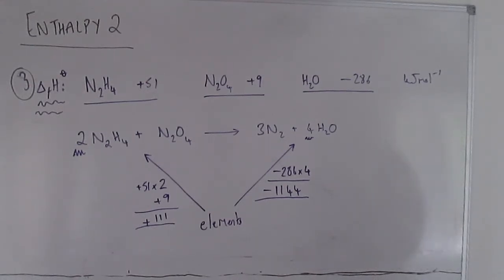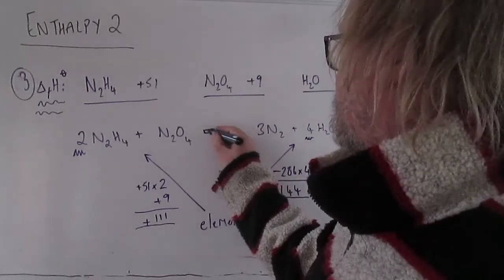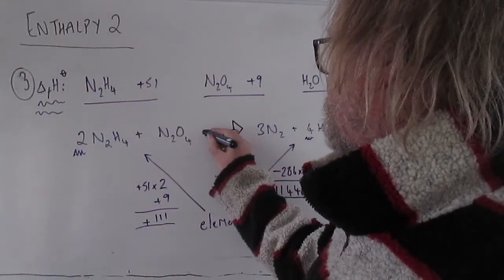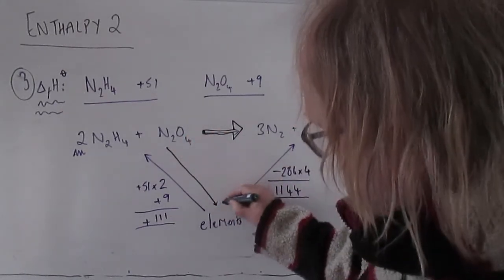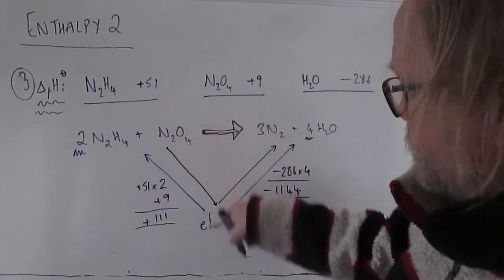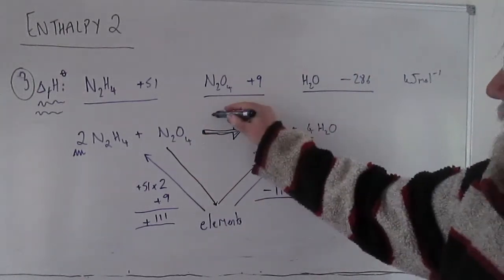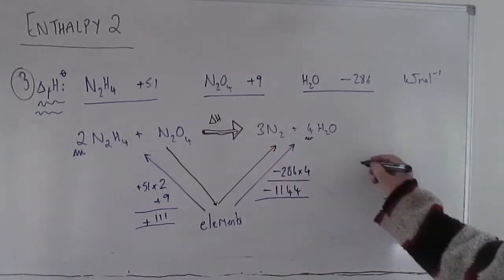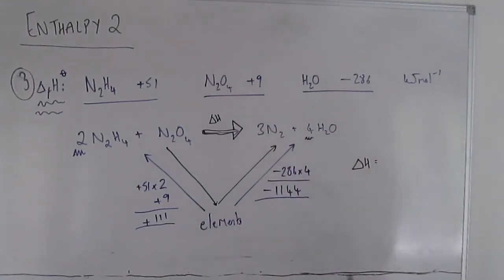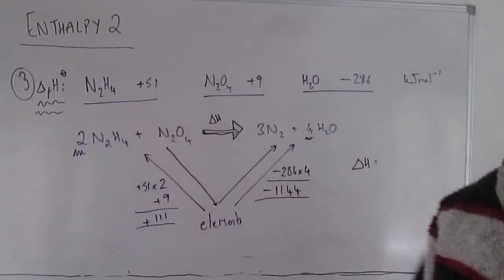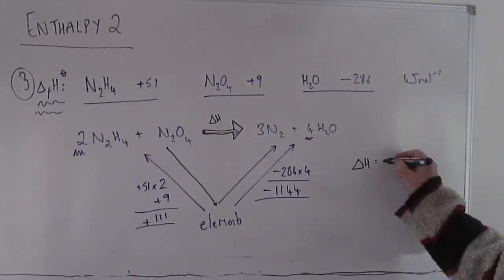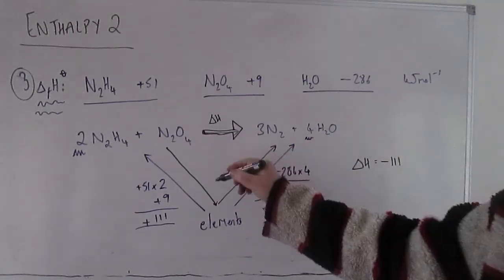Okay, so those are the data you've got to play with, and then again we invoke Hess's law, just like we did before, and we say, right, this is the delta H we're trying to find, and what Hess tells us is that we can do that journey in 2 legs. We can come down here and then up there, and the sum of those 2 legs will equal delta H that we want to know. Okay, so we just get delta H equals, first leg is the same as that one but going in the opposite direction, because we're going down here and the data we had were for going up there, so we change the sign. So it's minus 111 to come down here.